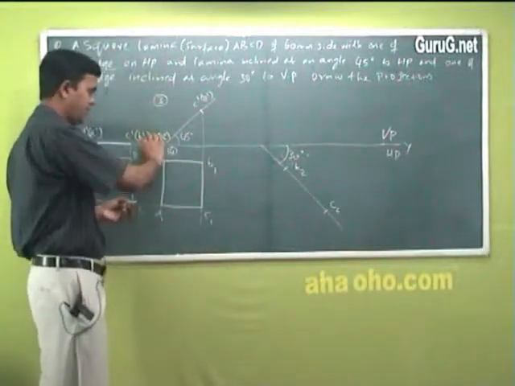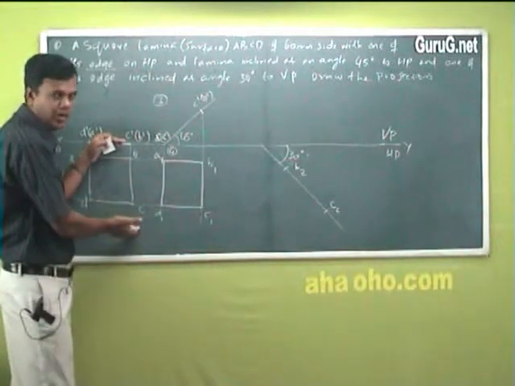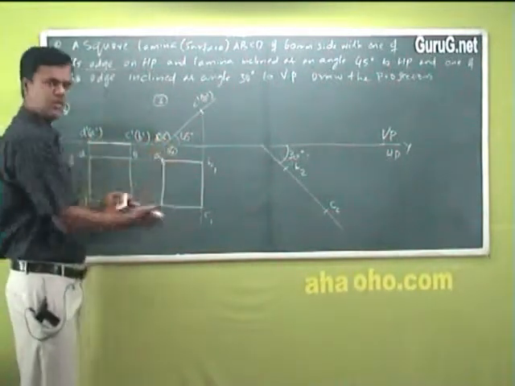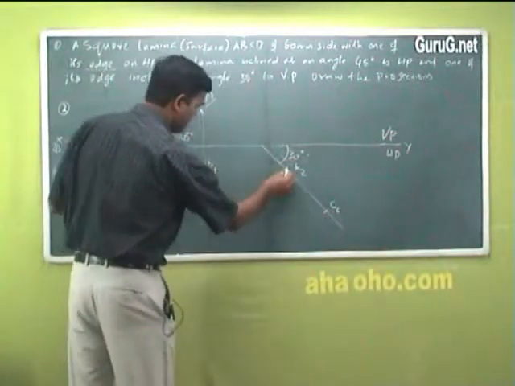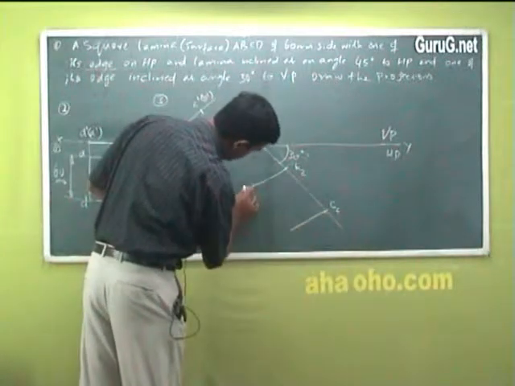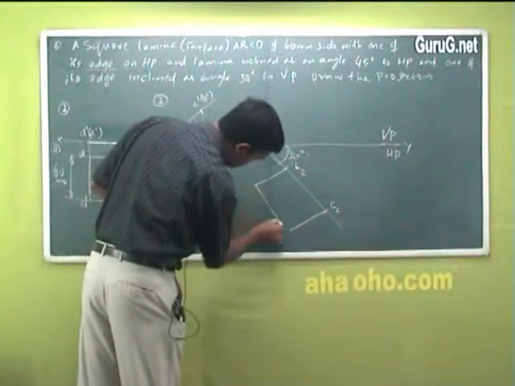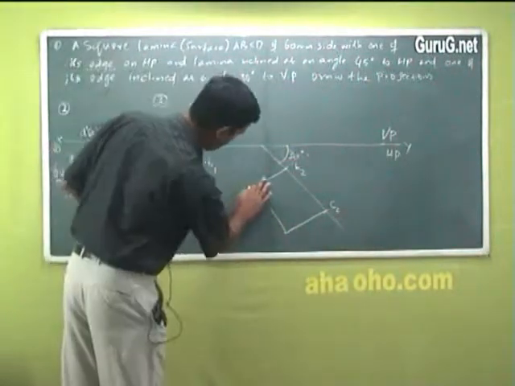So any convenient distance you can draw. You need not come below and start, because it looks very odd. You take a convenient distance and draw it. No problem about that. So this B2, and then you shift it as it is, so it will come like this. Okay? It should be exact.